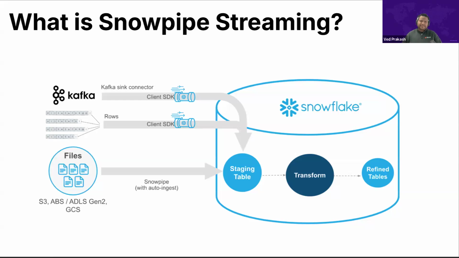So what are the key features of Snowpipe streaming, right? It's low latency ingestion. Data is available for querying within seconds of being received. This is one of the differences: streaming is real time, Snowpipe is batch. Scalability: it automatically scales to handle varying data volume. Now, this feature comes in Snowpipe as well, but Snowpipe, since it is batch,